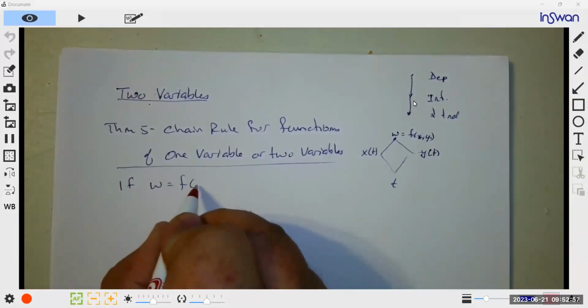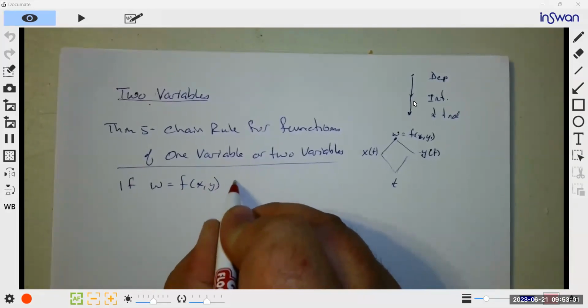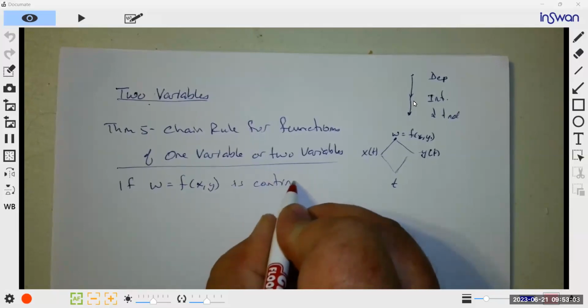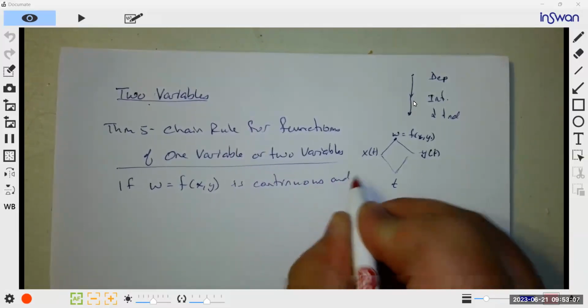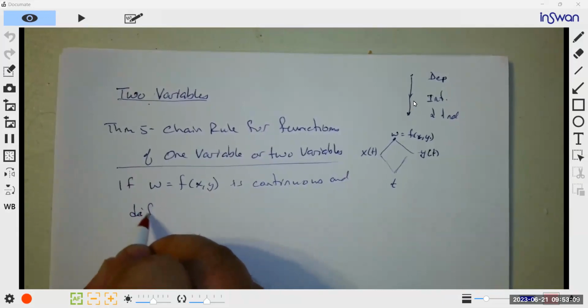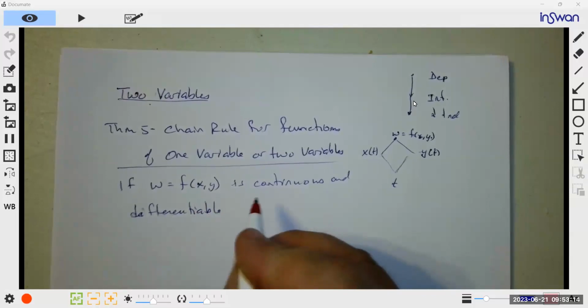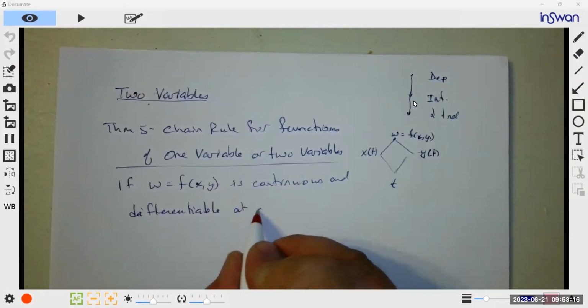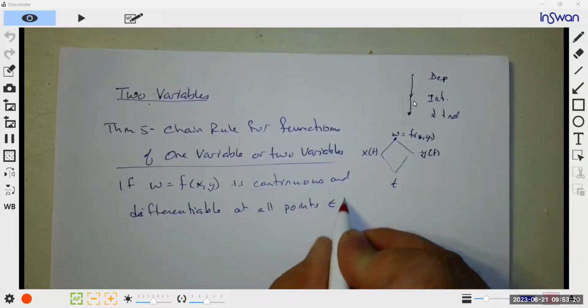If our composite function w equals f of x, y is continuous and differentiable at all points inside the domain,